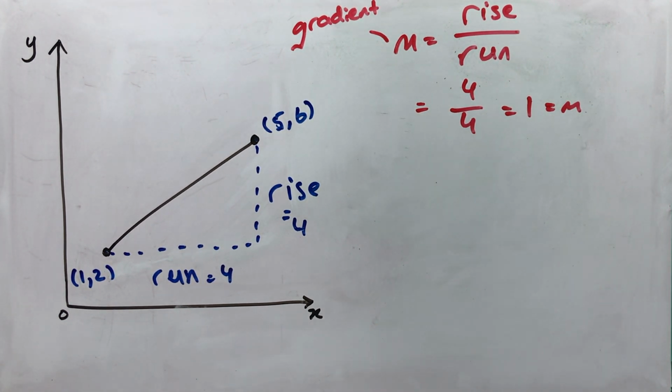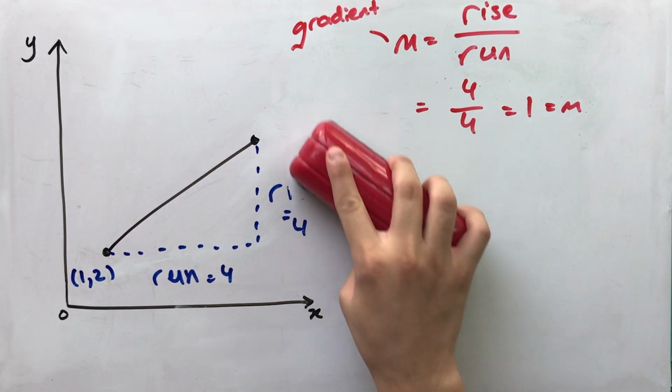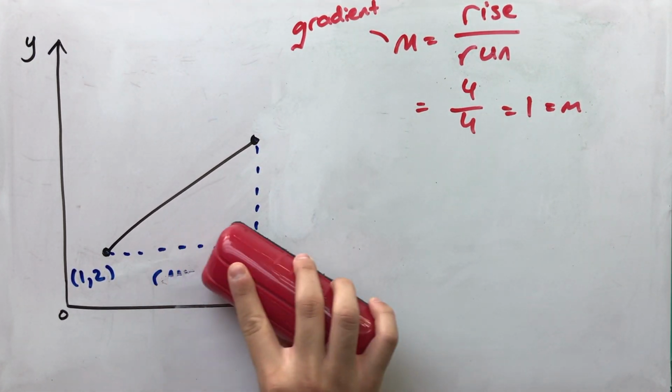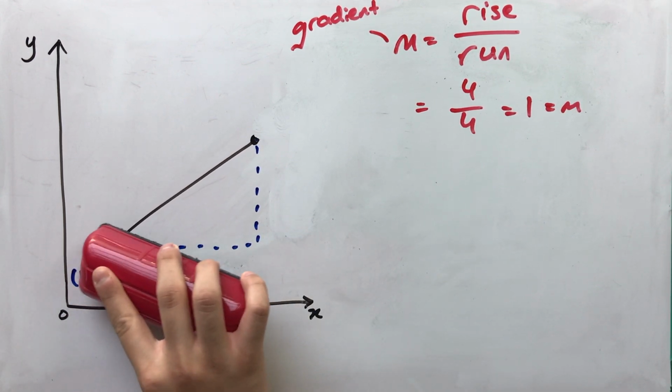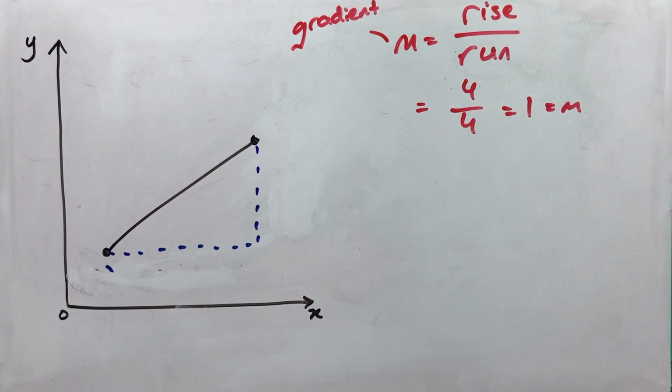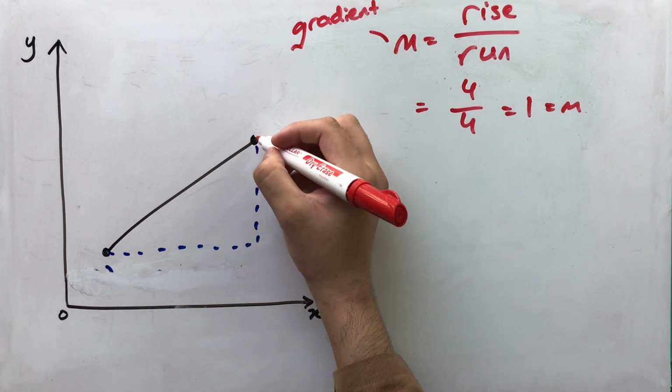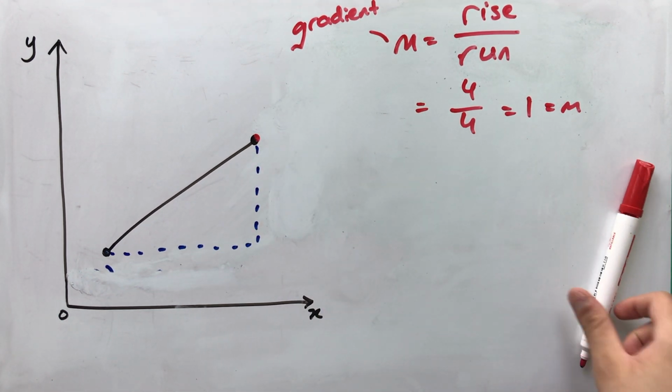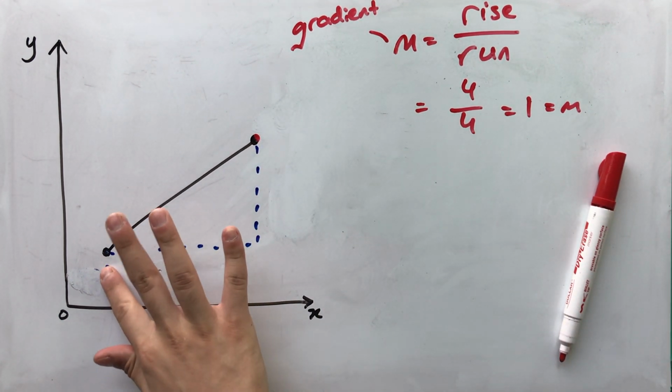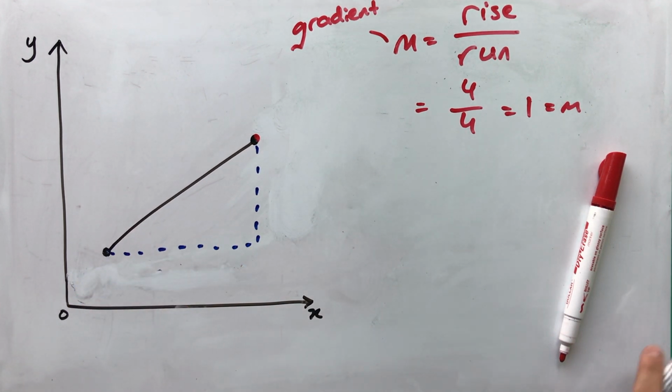Now let's say we want something more general, right? So I'll just remove these points. Let's say we want something more universal. Now we could use rise over run, but sometimes it gets harder to do so. Instead, even though the general principles remain the same, let's call these points,